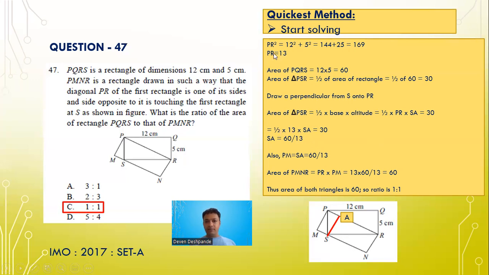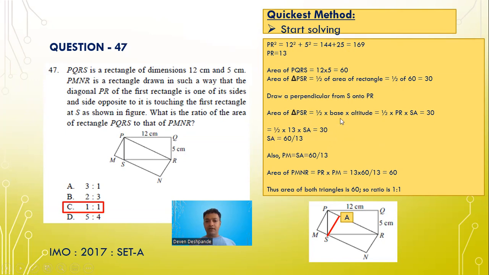PR is 13. So half of 13 into SA is 30, because the area of triangle PSR is 30. So SA will be